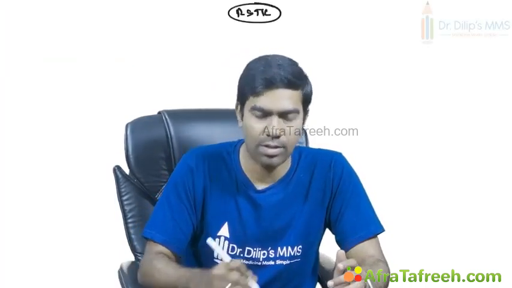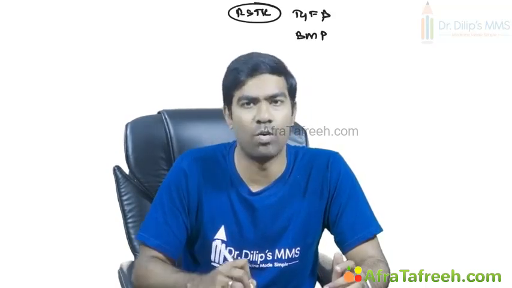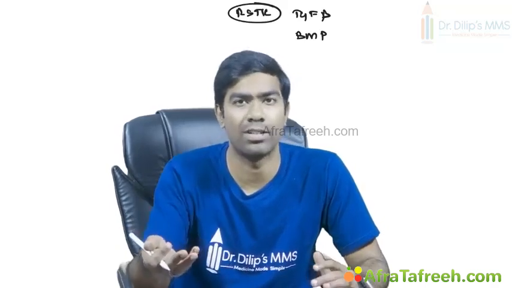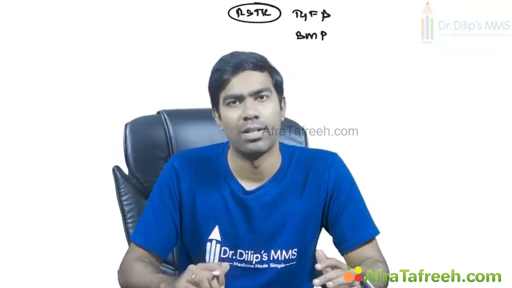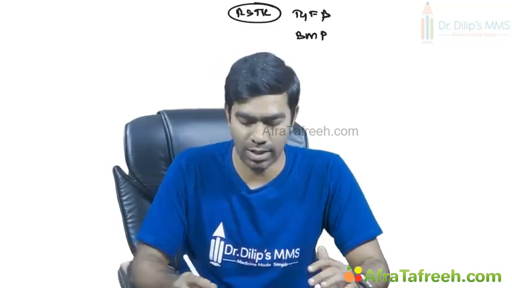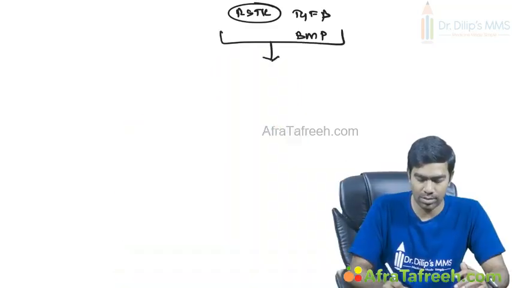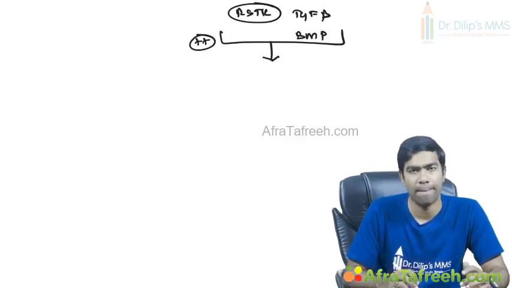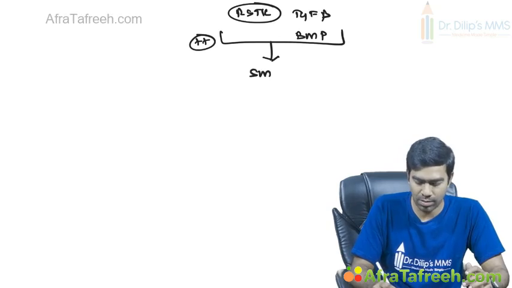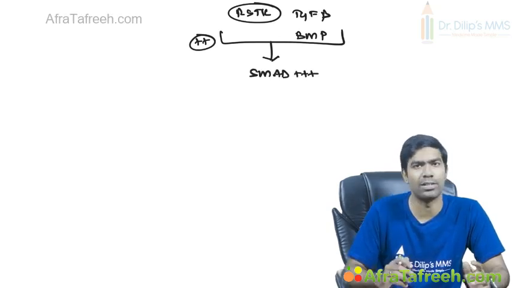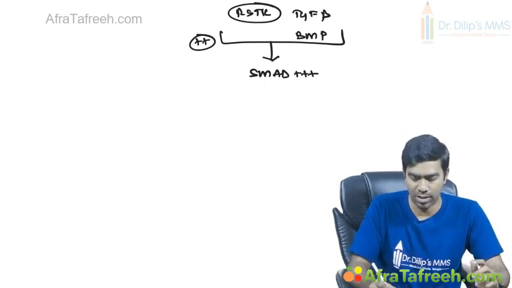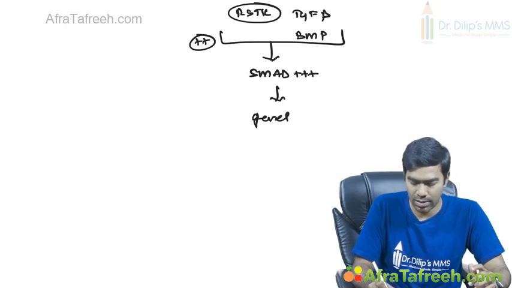There is nothing much to tell about the receptor tyrosine kinase pathway. One of the most important ligands here is TGF-beta, and you can have BMP, bone morphogenic protein. Even for the bone morphogenic protein receptor, if they ask what is the type of receptor, it is called the receptor serine threonine kinase pathway. Once this receptor is activated by its ligand, it activates downstream substrates called SMAD proteins. These are like the STAT proteins that you saw. The SMADs will dimerize and further cause genetic changes.